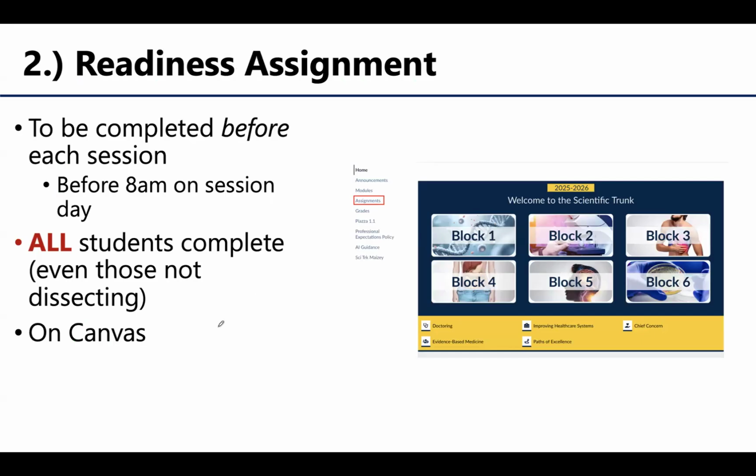The next step in an anatomy session is to complete the readiness assessment. The two best things I need you to understand here are that, again, these need to be completed before each session. So allot yourself enough time to not only do the pre-work in terms of understanding those concepts, but also to do this readiness assignment. This is due before 8 a.m. on session day because sessions start 8 a.m. on the dot. If you do it at 7:45 a.m., that's up to you as long as it gets done